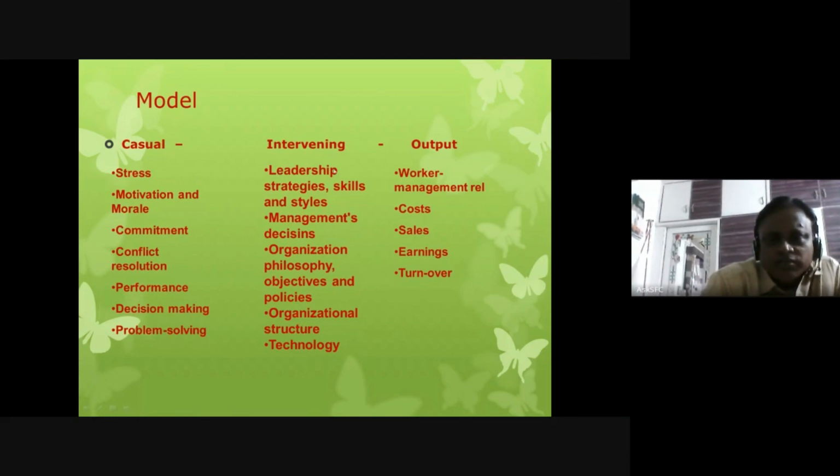Stress plus leadership leads to these outputs. Motivation plus all of this leads to this. Commitment plus all of this. Conflict plus all of this. So all these in combination would contribute to effectiveness. That's the broad model. There are many more models I didn't want to share because